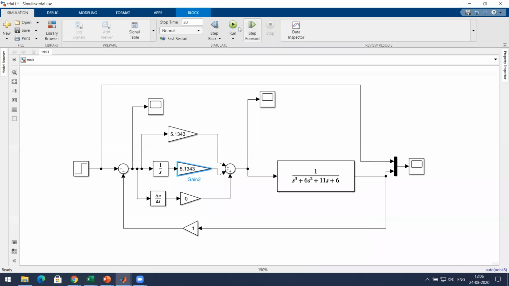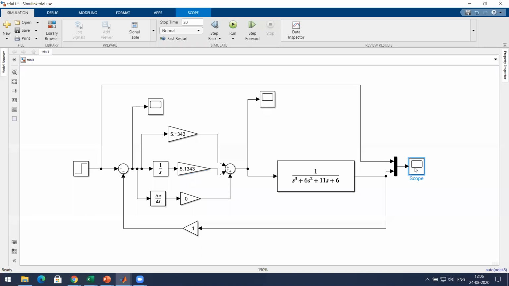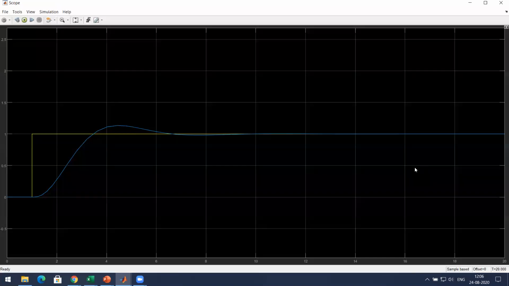Now I run this, and then look at the scope. I get the same thing.